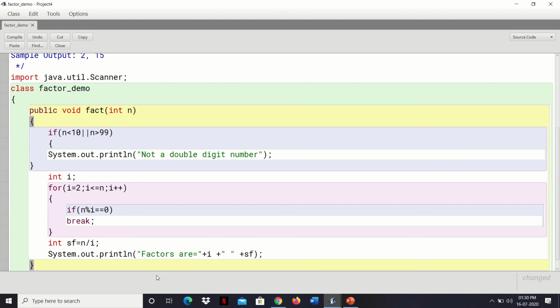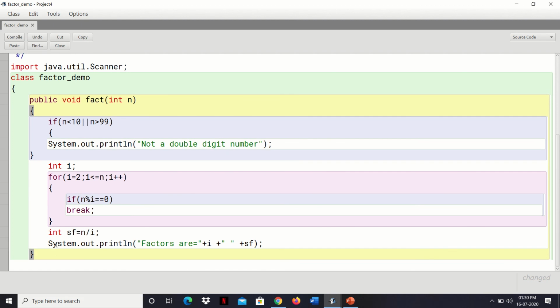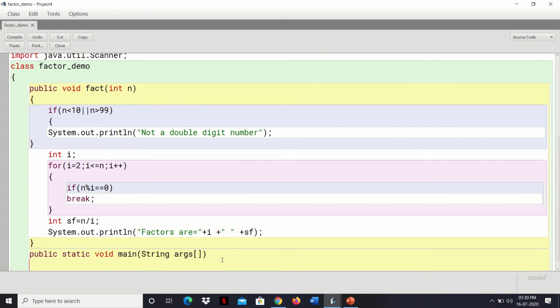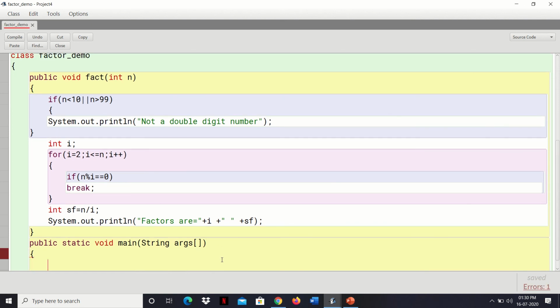Now we'll create a main method. From the main method, we'll call this fact method, as you know the concept of methods. public static void main(String args[]). Now inside this, what to write?